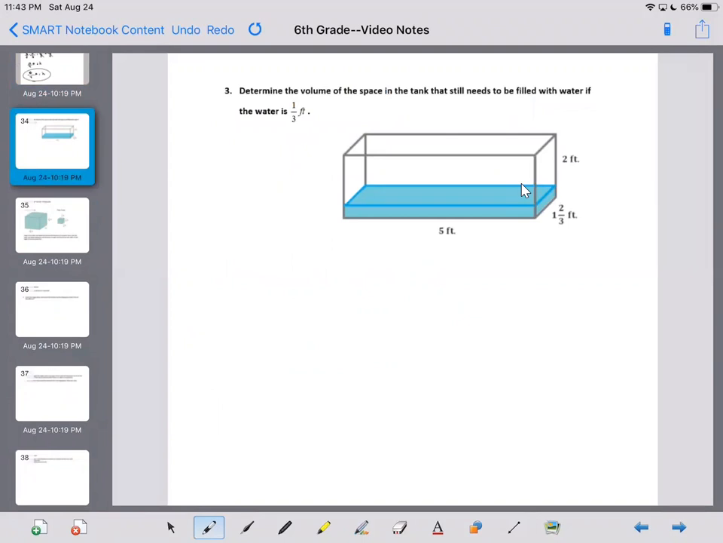Another part of this task is where we want to determine the volume of the space in the tank that needs to be filled if the water's already 1/3 foot deep. So you're not worried with the water piece, you're just trying to figure out what's left over. Well, there's some different methods here to do this. For one, we could figure out the volume